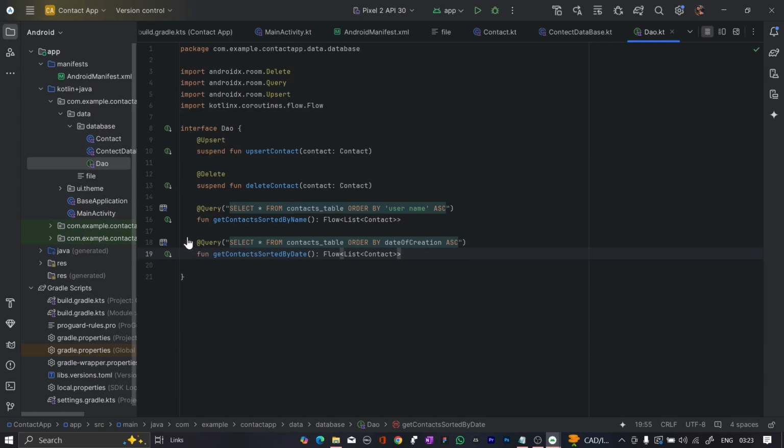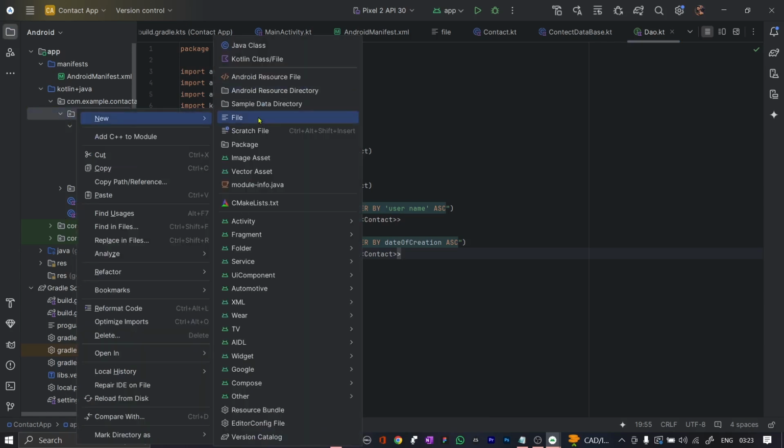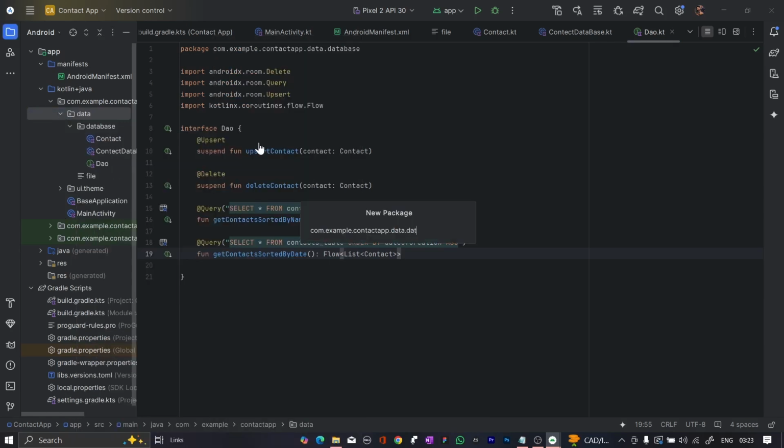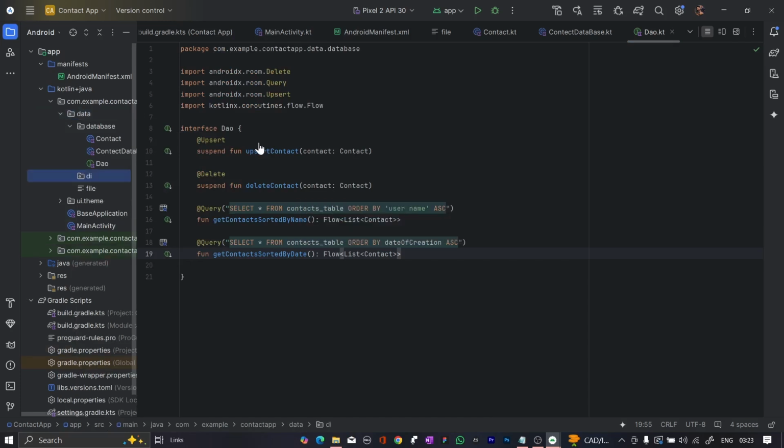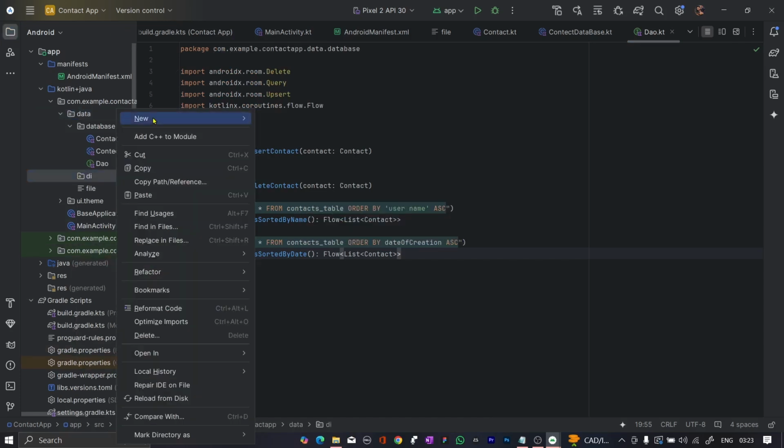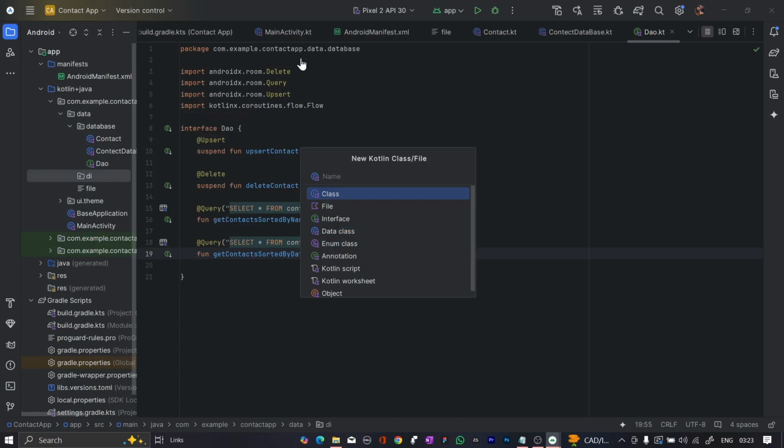कर लिया है, and now what we are going to do, हम अपना di folder create करते हैं, राइट। किसमें, डेटा फोल्डर के अंदर हम di folder create करते हैं, that would be this। So हम क्या करेंगे, di folder हमने बनाया, inside that what we are going to do, we are going to make a file, that type would be that name would be the Hilt module and type would be object।